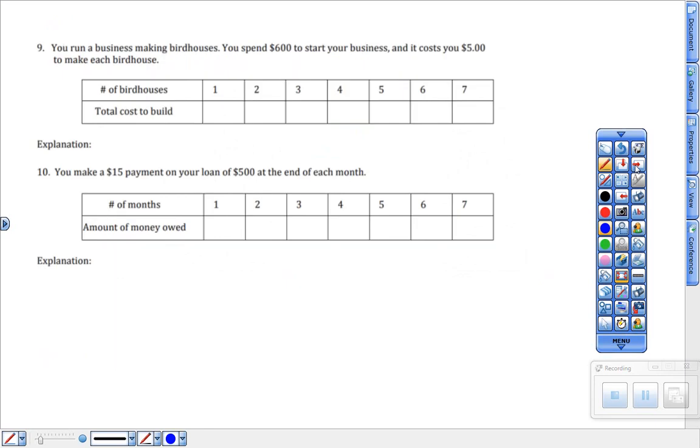Tables, you need to come to grips with the fact that we'll be using lots of tables. You need to be able to read the words and kind of understand the math it's talking to you about. Again, a big part of this section is tables. If you look at this first one here, it says you spend $600 to start your business,